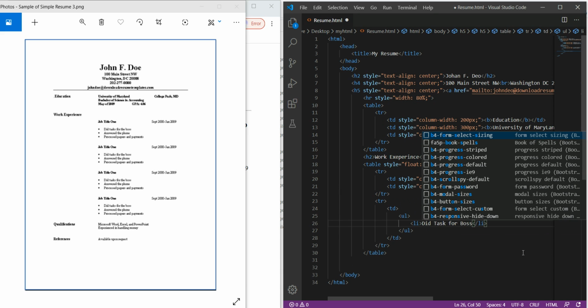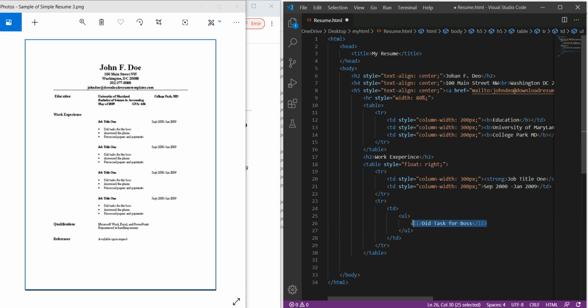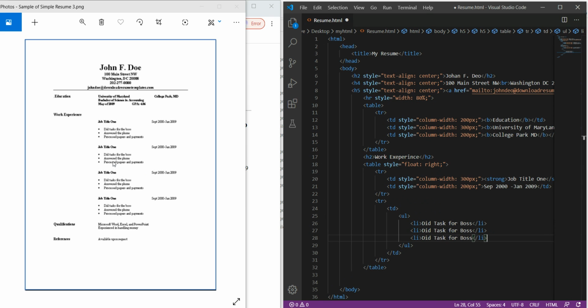Okay, same way we will copy over here because three values are given over there. So control C, then again control V, and in the next line it is approved. Here it is answer the phone.